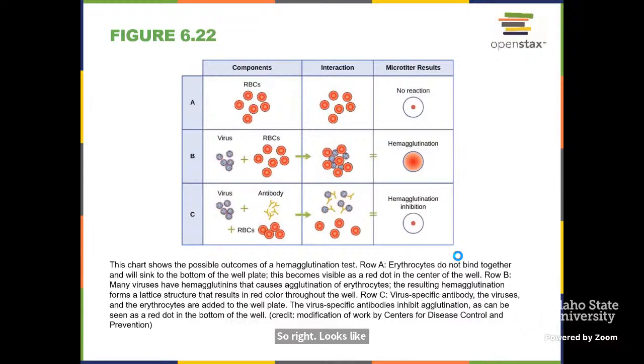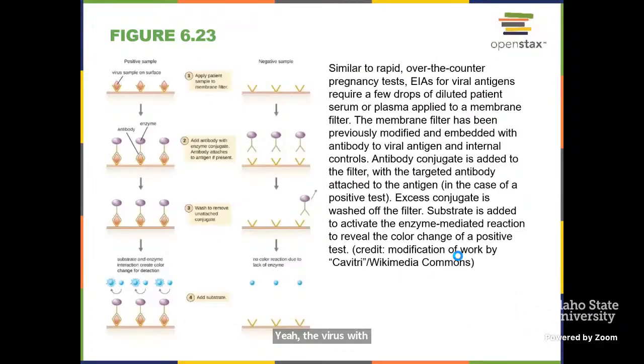We call it hemagglutination inhibition. We're blocking this reaction that the virus would be causing. Right? Seems a little bit backwards. It looks like our negative control, which in turn means it's a positive. Right? Crazy. There are all sorts of other techniques that we can think about with recognizing antigens and antibodies, and